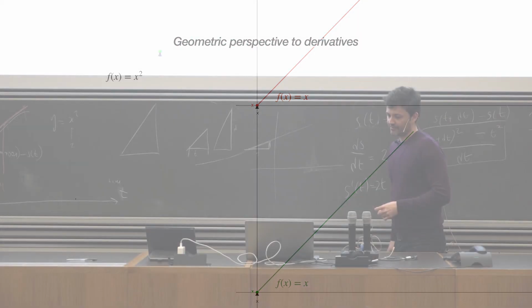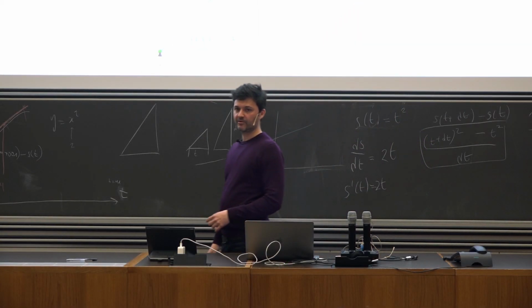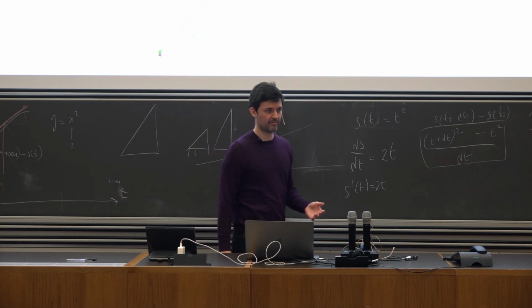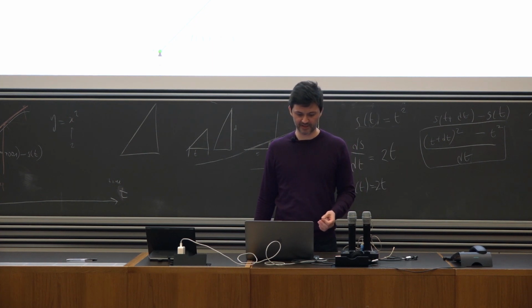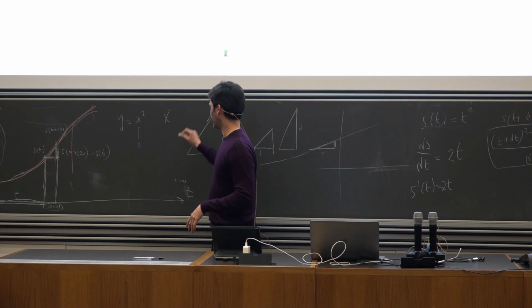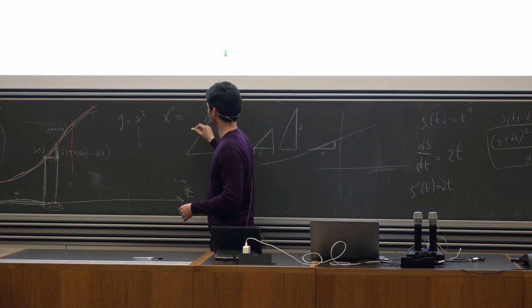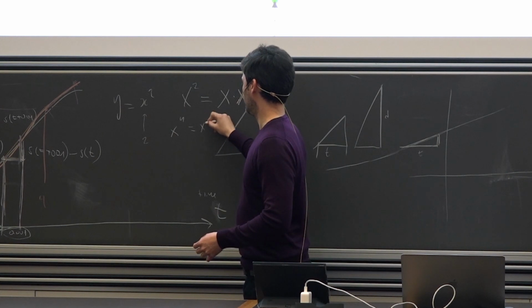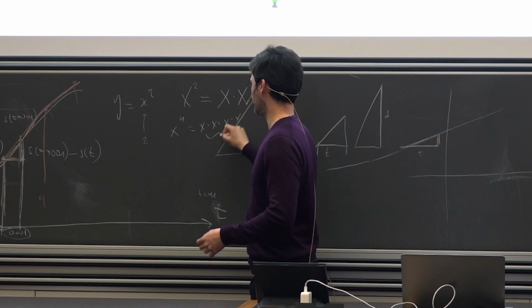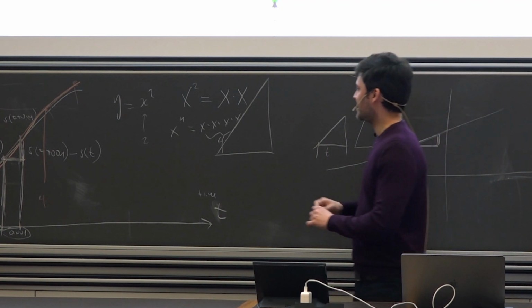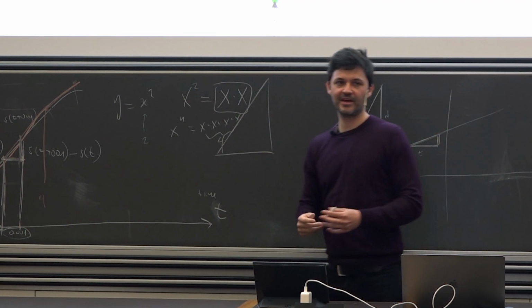And I want to show you that there is a specific geometrical way that we can think about multiplication or squaring a function. For example, x squared has multiple meanings. It doesn't always mean this, but definitely also means this, x times x. And then, of course, x to the fourth would be x times x times x times x. So how many times you multiply the thing by itself. Okay. What is x times x if we think about geometry?